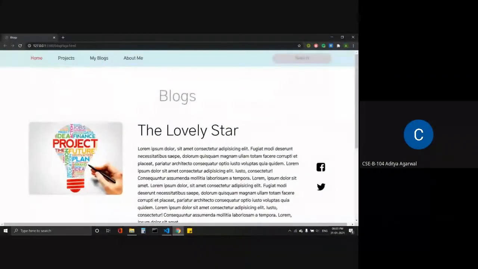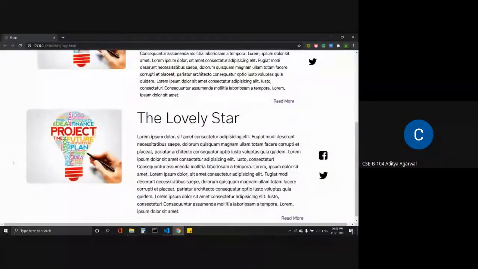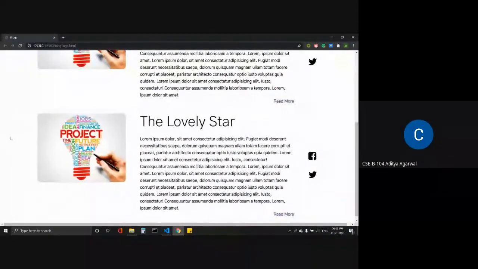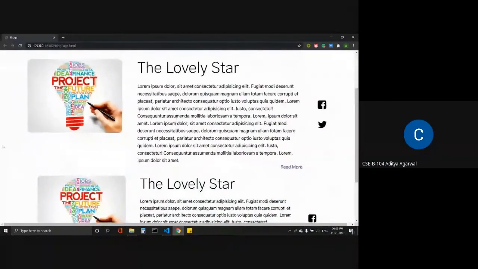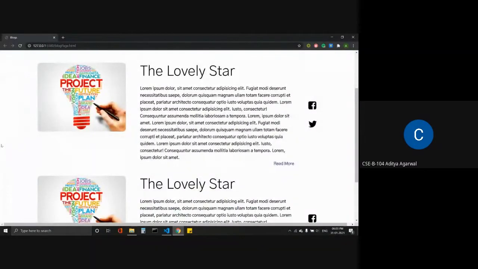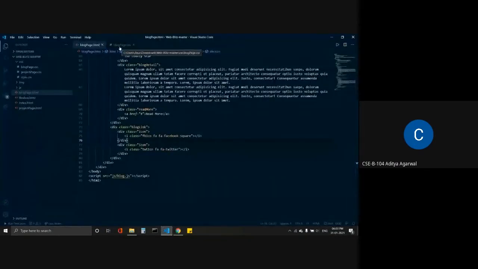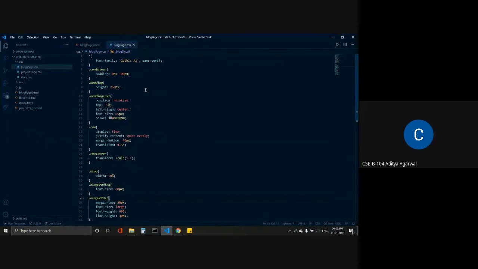So this is the code. Actually, I have added some animations here. This is the animation. Animations make a website interactive and beautiful. Many animations can be done without any JavaScript, just by CSS. But if we add animations via JavaScript, it is more responsive and more robust, I would say.